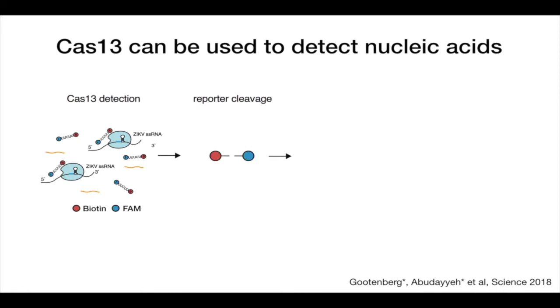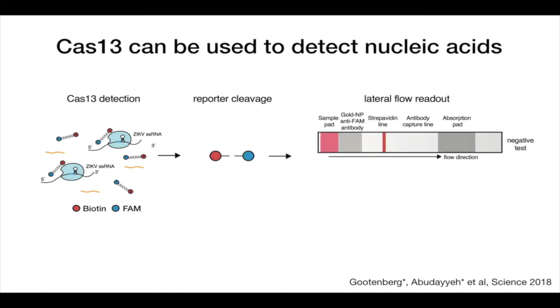This makes it possible to develop a simple paper strip-based test, very similar to what you might see in a pregnancy test on paper strip. And so the way it works is that we have a paper strip, and there are two lines that can capture the two different moieties on this reporter. So the first line captures biotin, is streptavidin, and then the second line is the antibody that can bind to